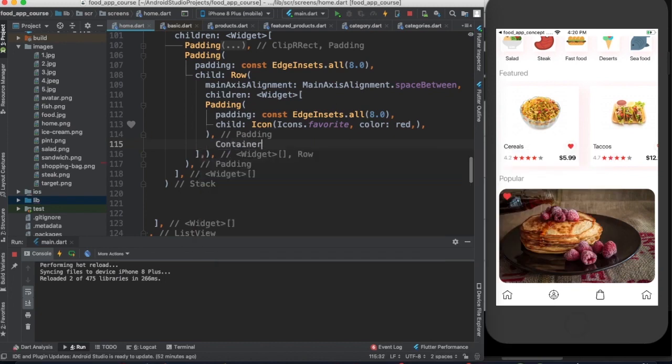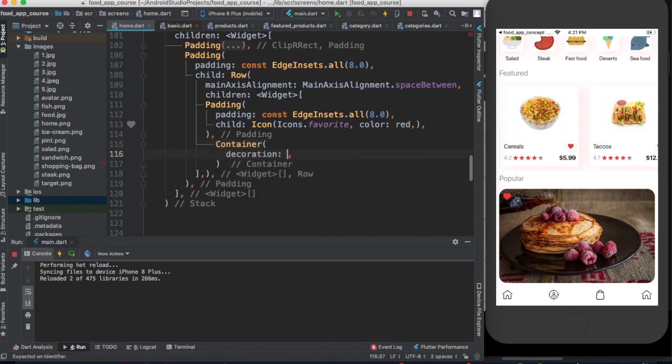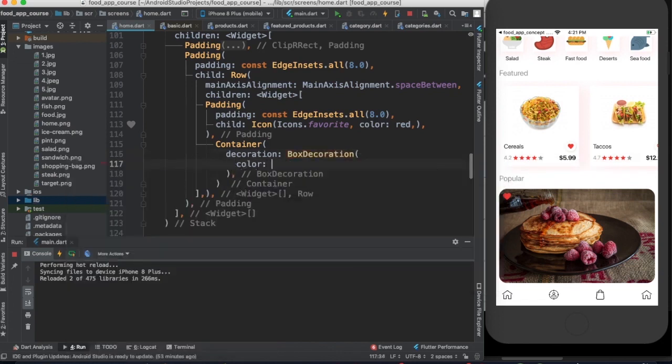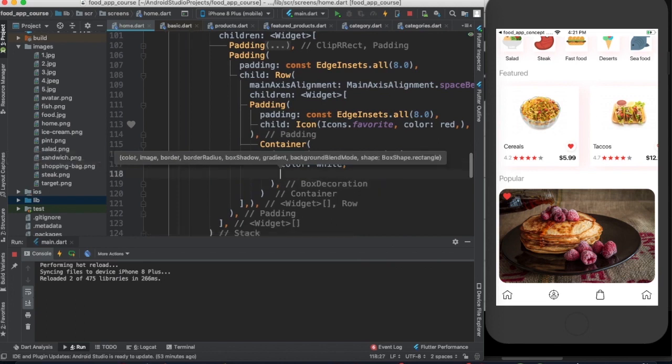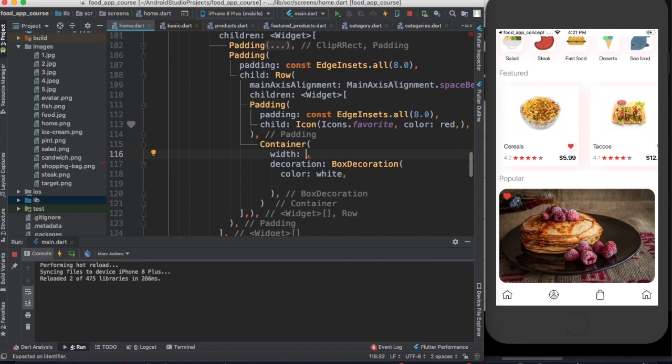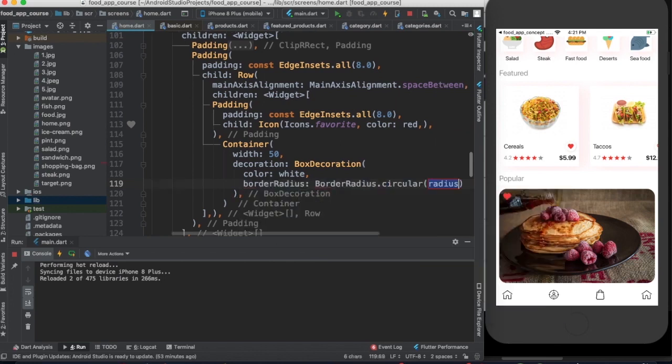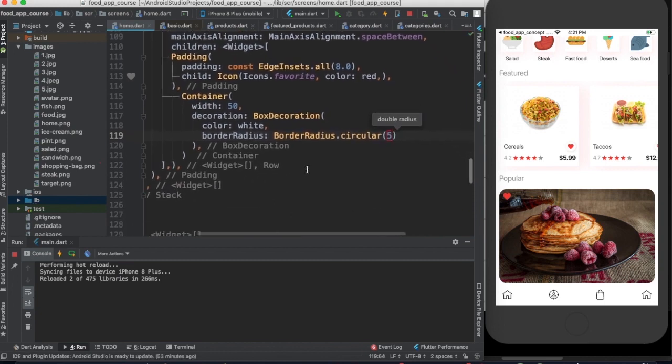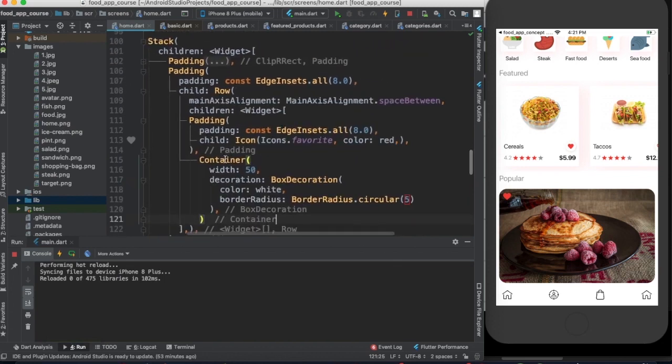We'll create a container widget. We'll decorate this container. The background color of the container is going to be white. And a width of 50. Let's provide a small border radius as well. Okay, let us